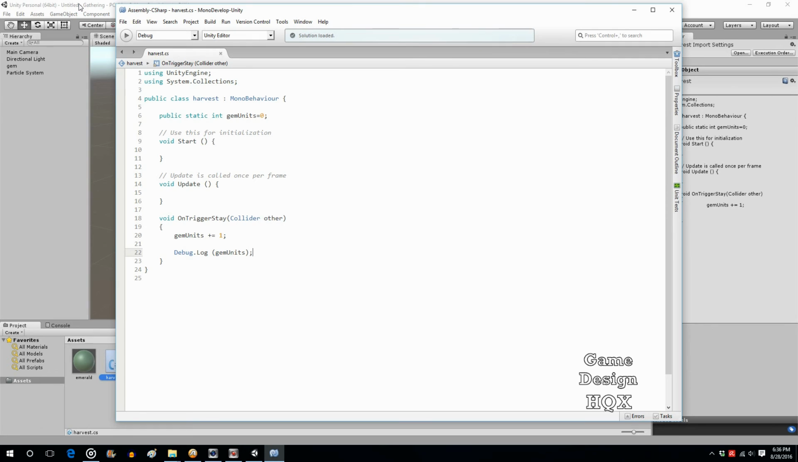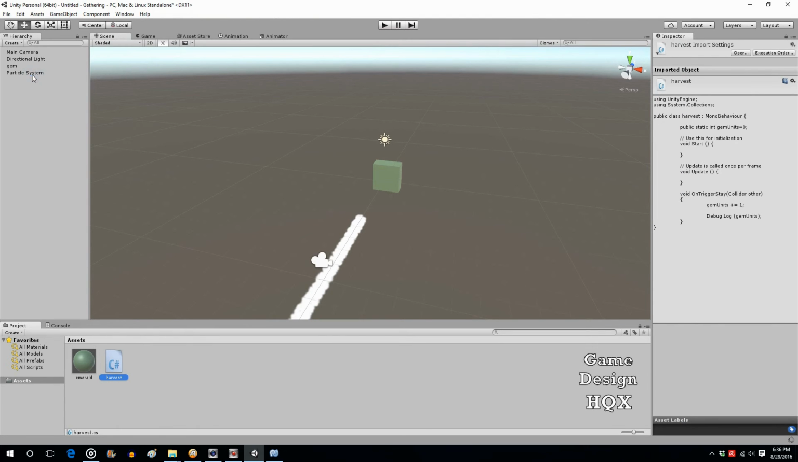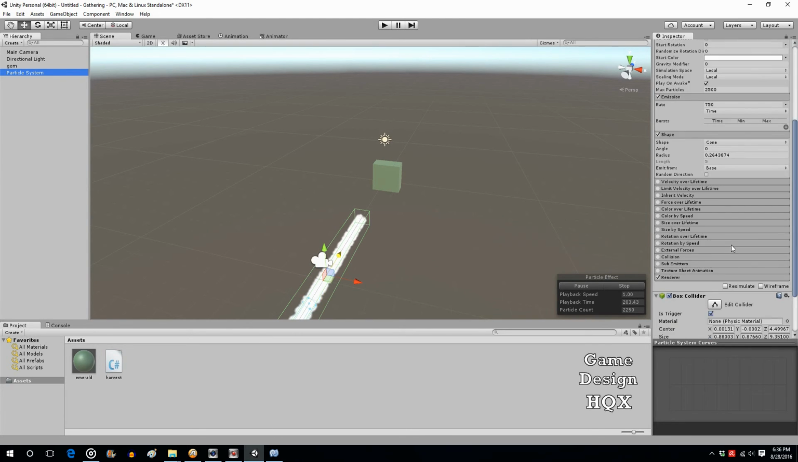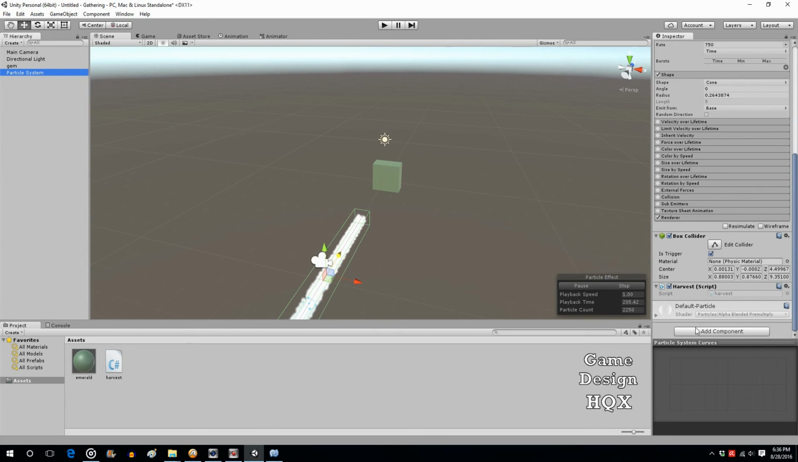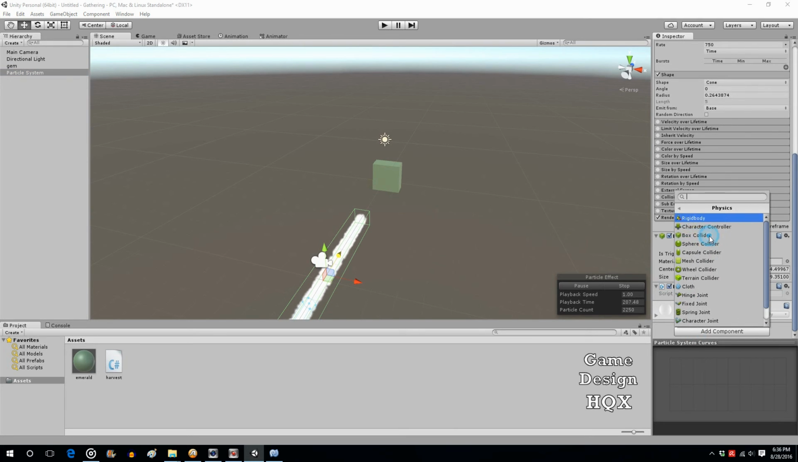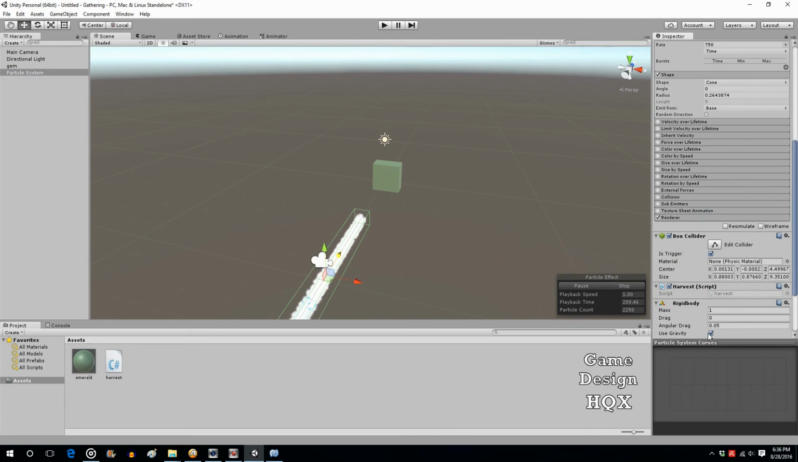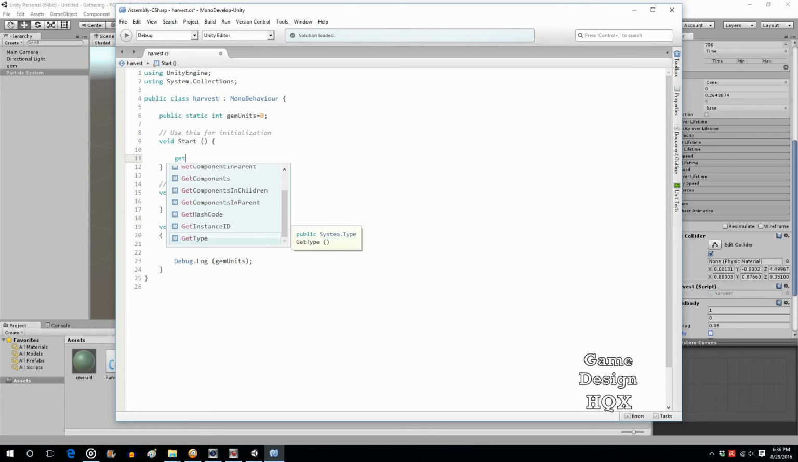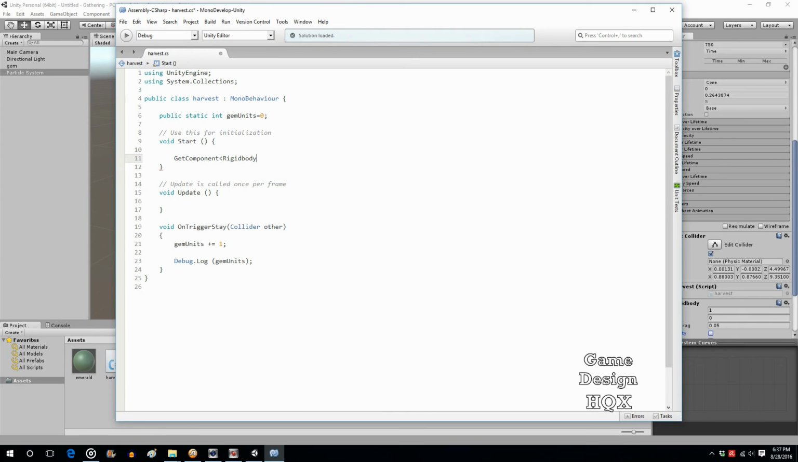So now we need to move the beam towards the cube. So we're going to use the same script, but we need to add a rigid body. So physics, rigid body, get rid of gravity, and we're just going to have this move forward. So void start, get component, rigid body,